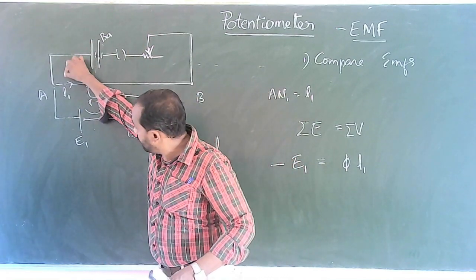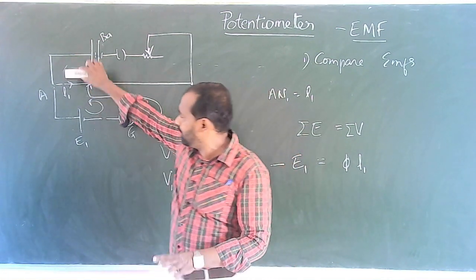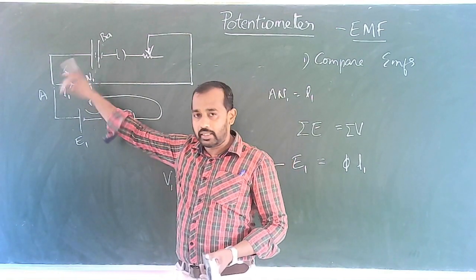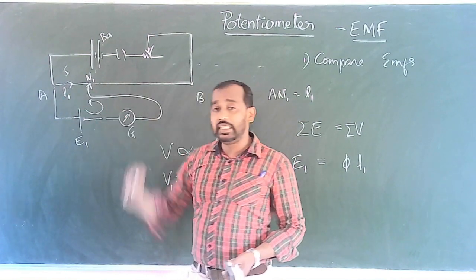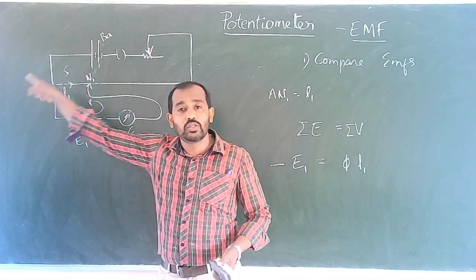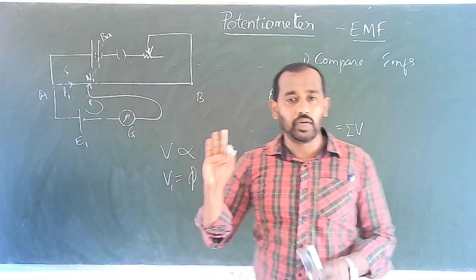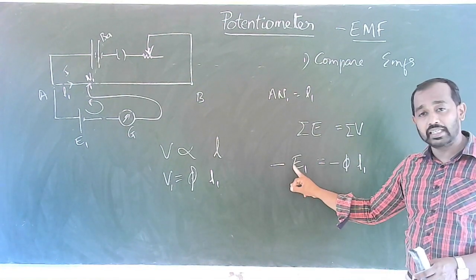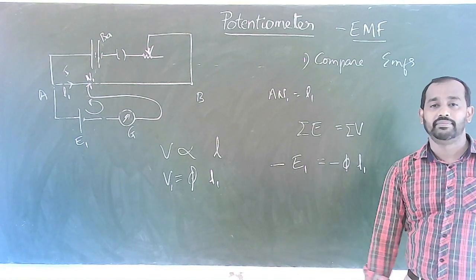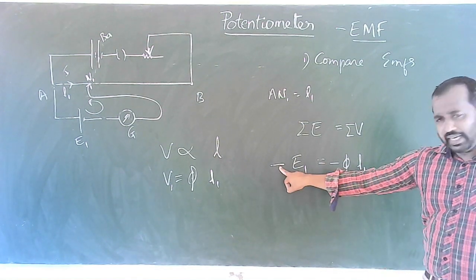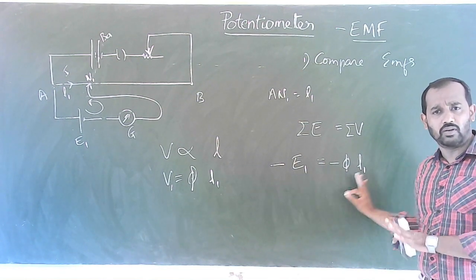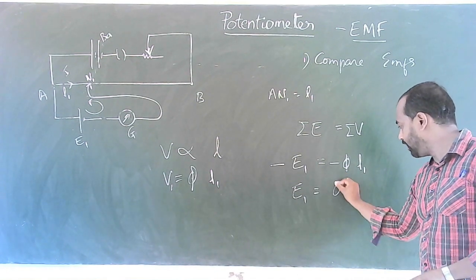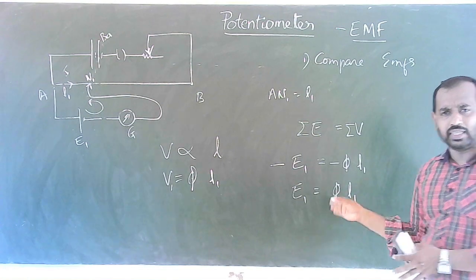So therefore, if here there is a current I, we do not need that. But for our convenience, I have written this. For the time being, I will rub it later. So, if the current is in this direction, we are moving in a direction opposite to that of the current. So therefore it will be treated as negative, minus. So therefore we will get minus E1 is equal to minus phi into L1. So this equation we get. Minus A is equal to minus B. So therefore A should be equal to B. Since there is a negative sign on both sides, we can write it as E1 is equal to phi into L1. So we know that from the mathematics.